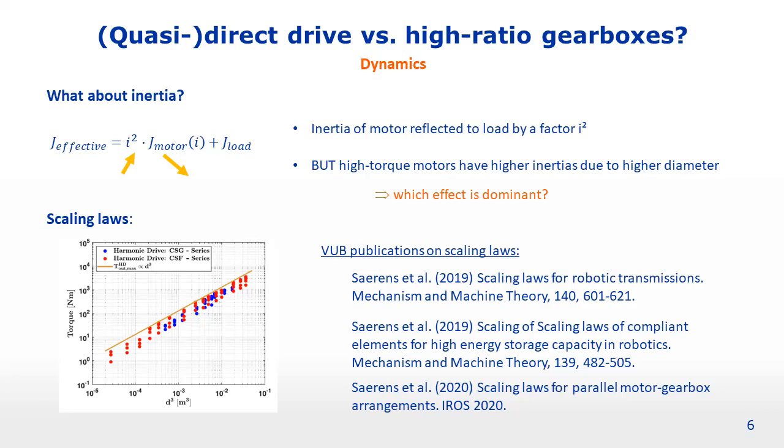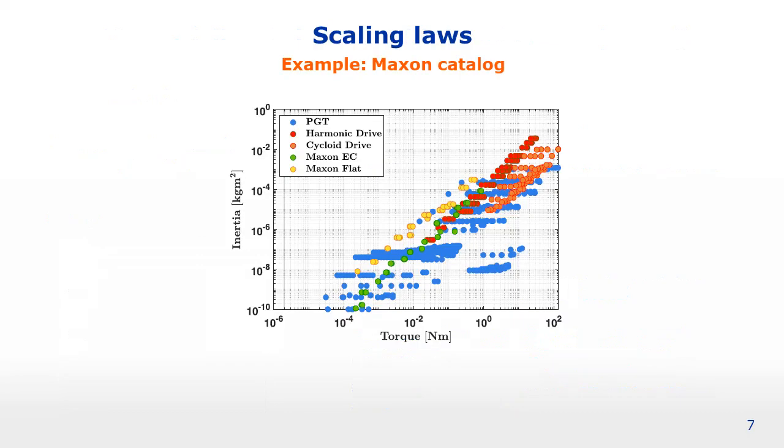Now, I'd like to focus on one specific paper, the 2019 paper on scaling laws for robotic transmissions. While I was going through this paper, I found an interesting graph that we set up, which is related to this problem, and it depicts the torque generated by different types of motors and gearboxes, their torque as a function of the inertia. I won't go into detail about the interpretation of this graph. It will take me a few minutes to explain it properly, but the main result from this graph was that